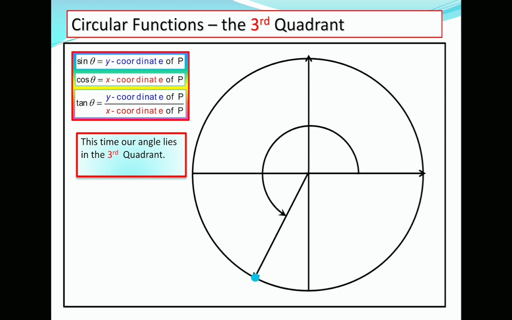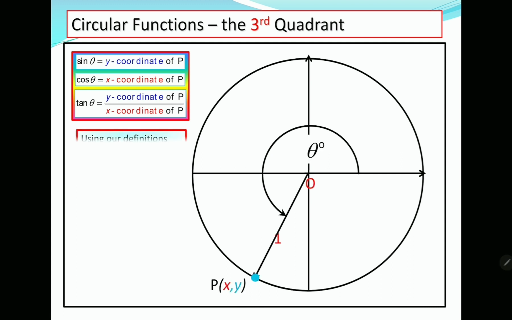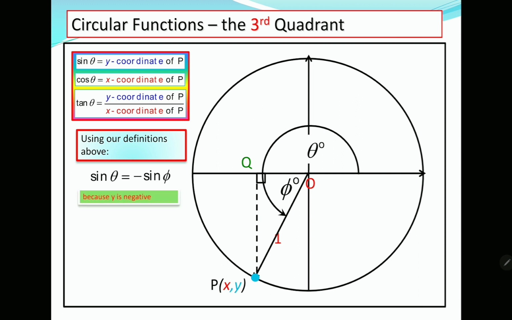Now what about the third quadrant? So this is my theta in the third quadrant, and this is phi. Sin theta equals minus of sin phi. See, sin phi will be positive, but sin theta will be negative as the y coordinate is negative in the third quadrant. But sin phi is positive as phi is acute. So I will write sin theta equals minus of sin phi. Magnitude of both of them is equal.